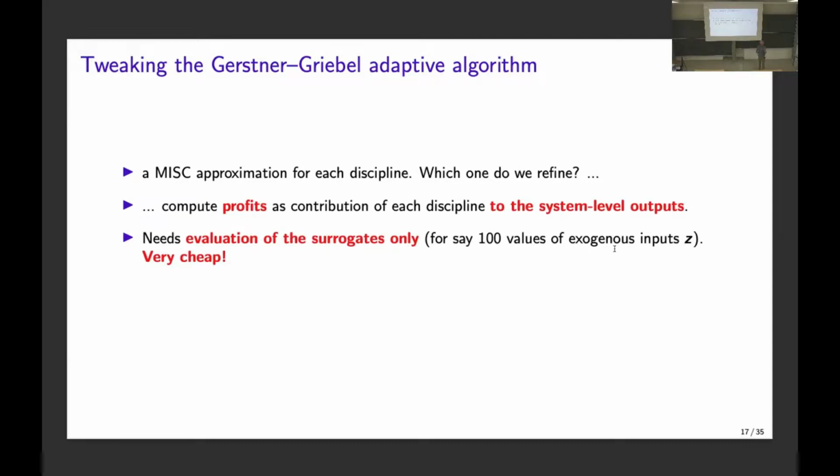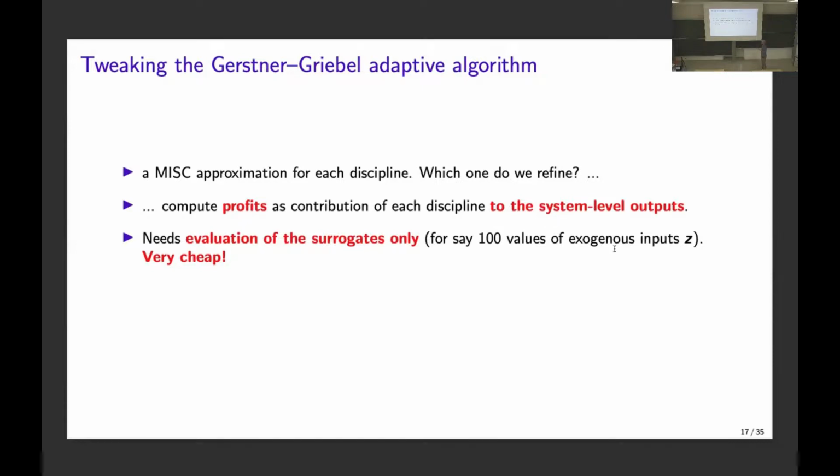Chunk 1 tells which model I refine. Chunk 2 says which mesh for each component. Chunk 3, how many samples for each model. Okay. This becomes a bit intricate, so I'm not going to go into the details.